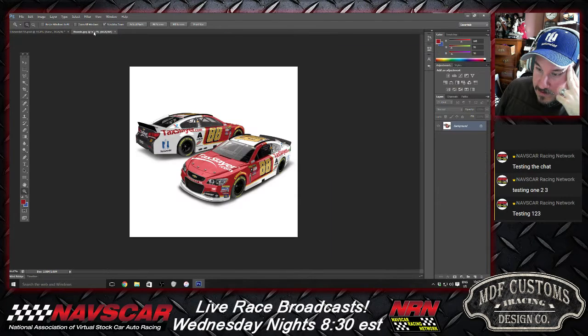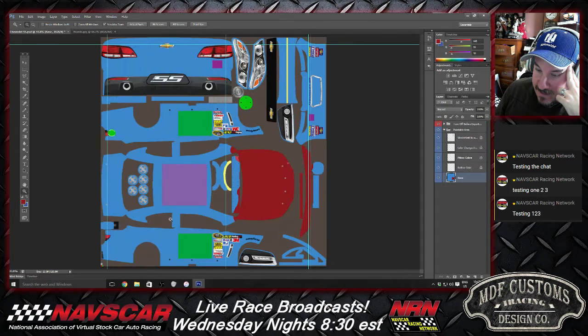So we're gonna use a couple of our logos. We're gonna make this the NRN 88 or whatnot. We're gonna put Navscar on the side of it instead of Tax Layer, and we'll make it our own. But first thing I like to do is I actually don't like to start with the colors. I might actually do that now just because we have it open. I'm gonna fill the entire section, the entire car,